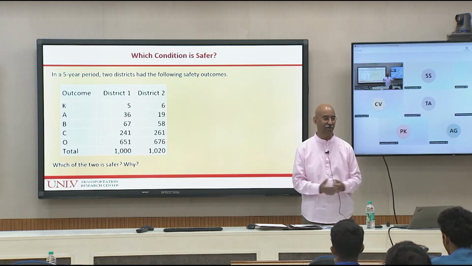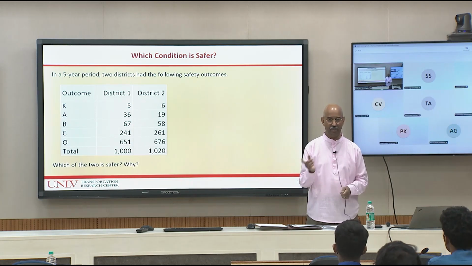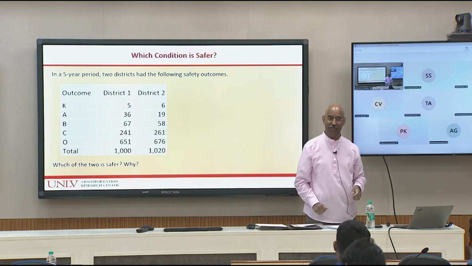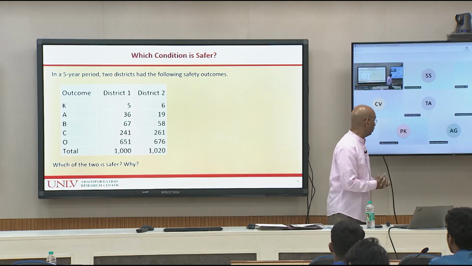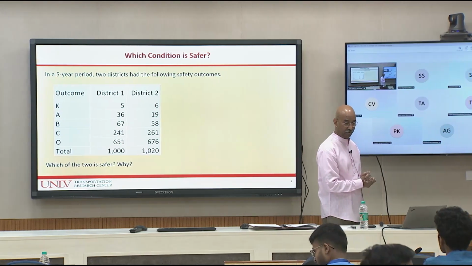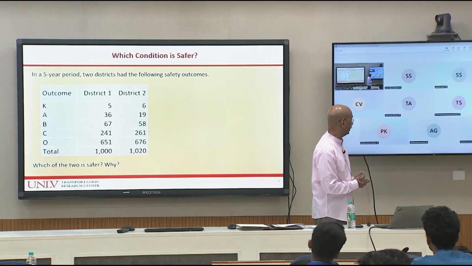You are the engineers or you are the leaders. You have to come up with one. So if you cannot agree, arm wrestling. You say who wins and you go with that. No, you have to come up with one. So online, does anybody have a different answer? Here I see several people saying District 2 is safer. Anybody online have a different answer?